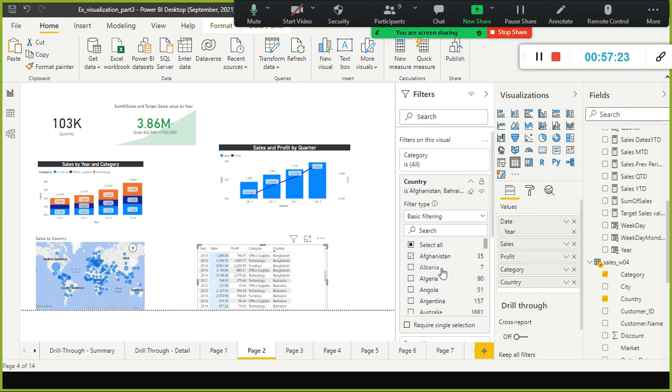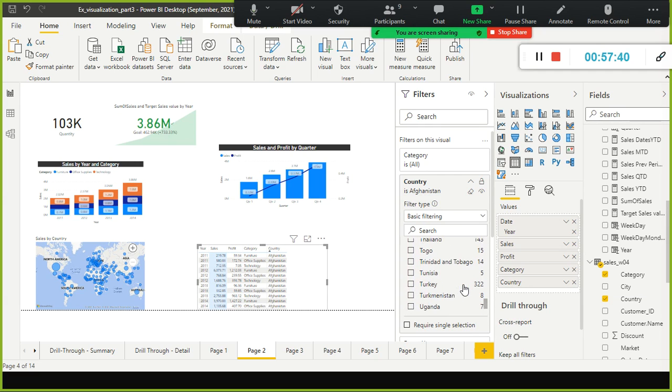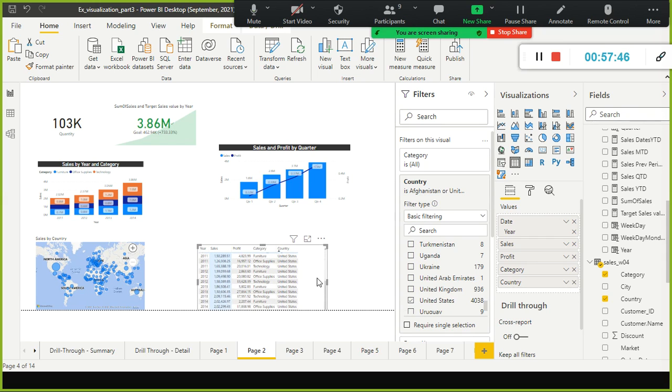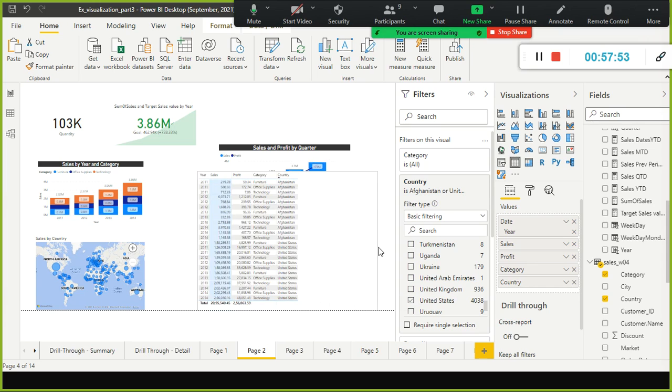Okay, I am going to clear this one. I am going to select only 2 countries here, Afghanistan and, for example, United States, because the sales value is high there. So Afghanistan and United States, only these 2 countries we can see. Can you all see this one? I'll just maximize this so that you can see it very clearly.